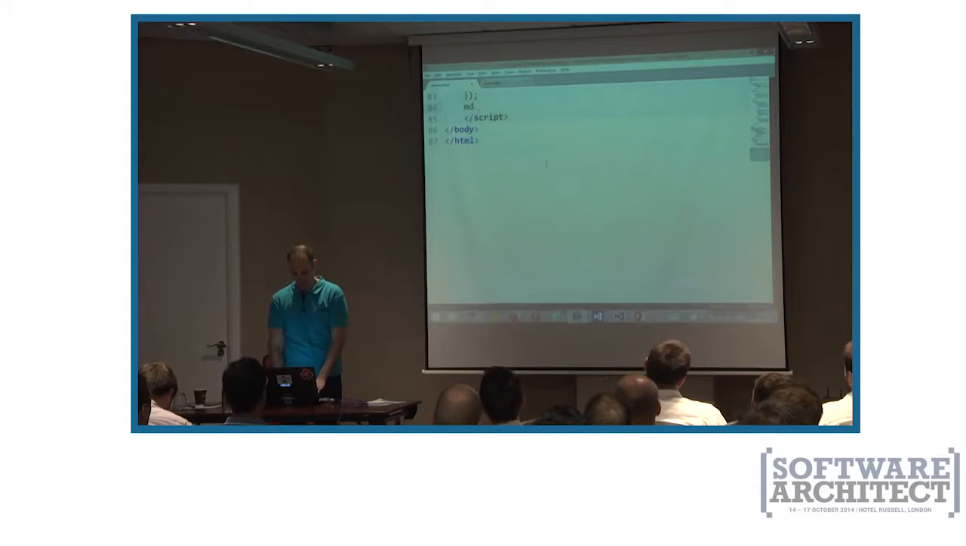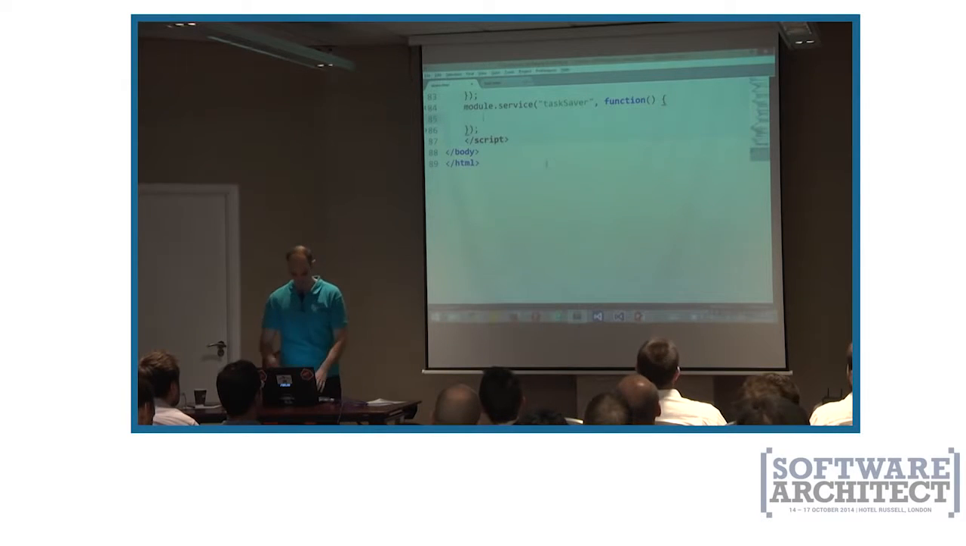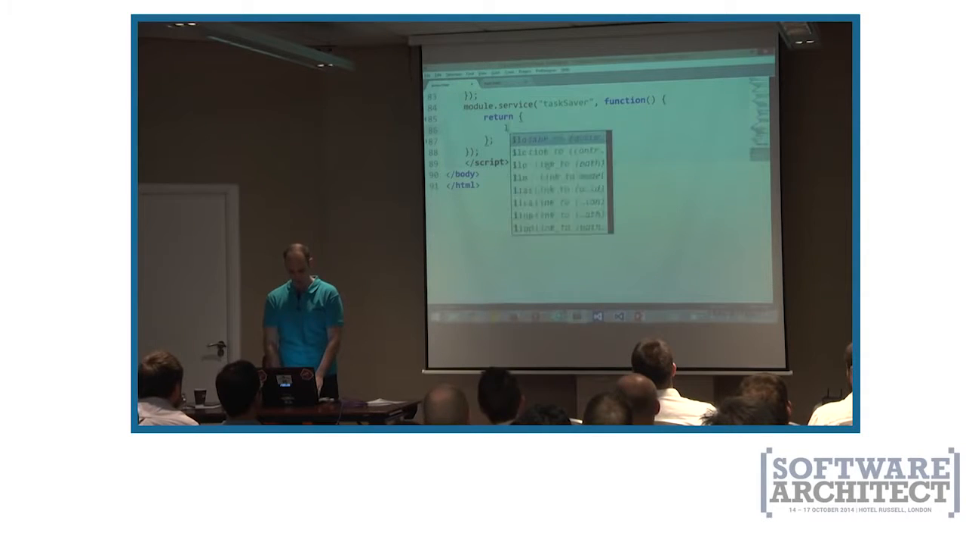So we have the module dot service. Let's call it task saver. And again, this returns the actual instance of the service. Now I don't need anything fancy, so I'm just going to return an object with functions. The first one is going to be save, and it's going to be a function which gets tasks